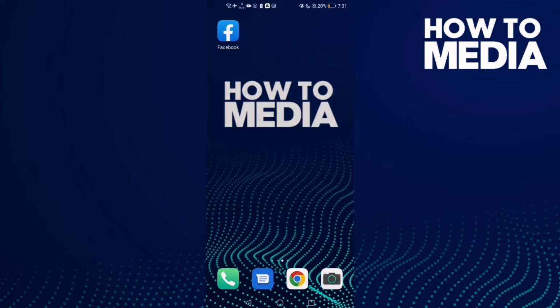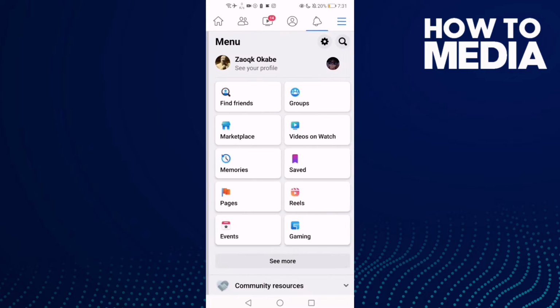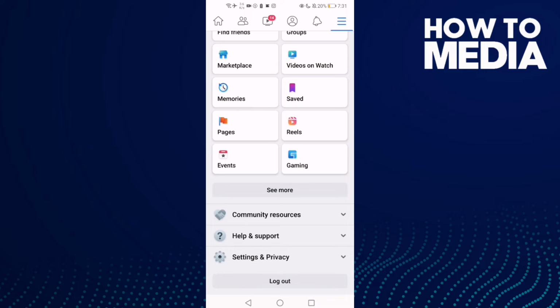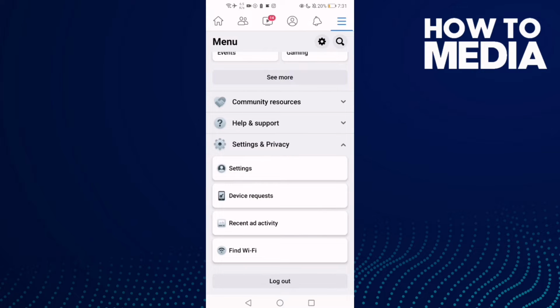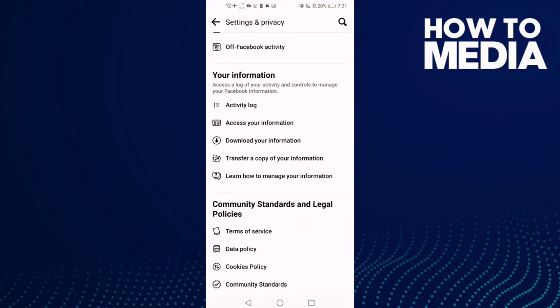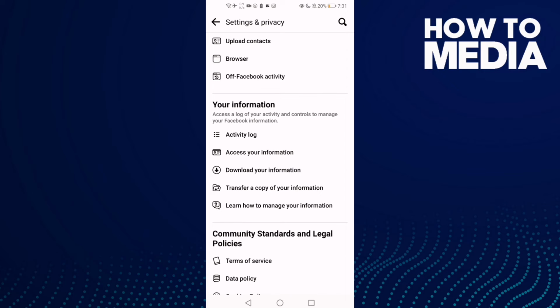First thing you're gonna do is go to Facebook and then click the storylines here in the top corner and go down, click settings and privacy and then settings. Go down until you find download your information, click on it,